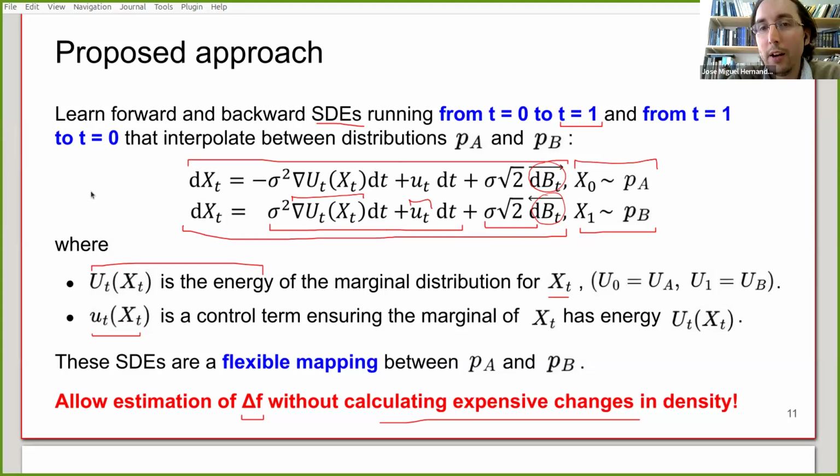Then maybe you train this SDE model on many different molecules, and then you get a new molecule, and you may want to estimate this free energy difference. Then you could generate samples from the SDE model to estimate the free energy difference, and you could reuse the models that you learned already. And maybe the learning could be expensive, but you only do it once. And if the models can transfer, then that would be great.